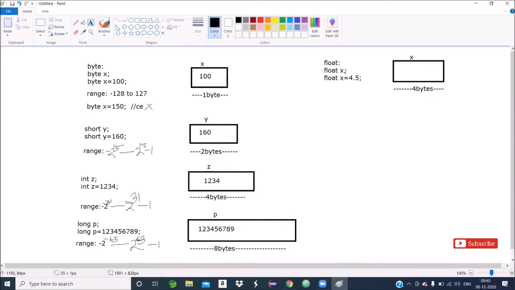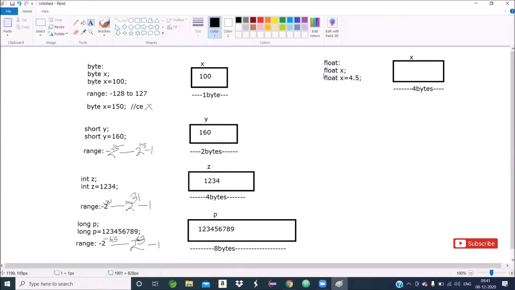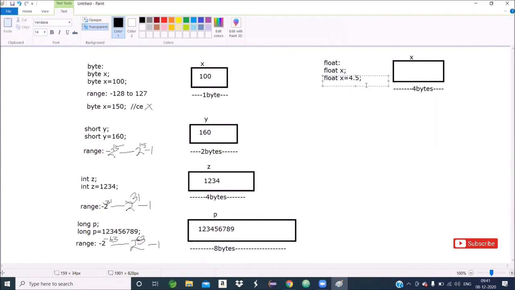When the first statement float x executes, 4 bytes of memory will be allocated and the name of the memory is x. But when the second statement executes, immediately 8 bytes of memory will be allocated and the value 4.5 will be assigned to x. So definitely we will be shocked.